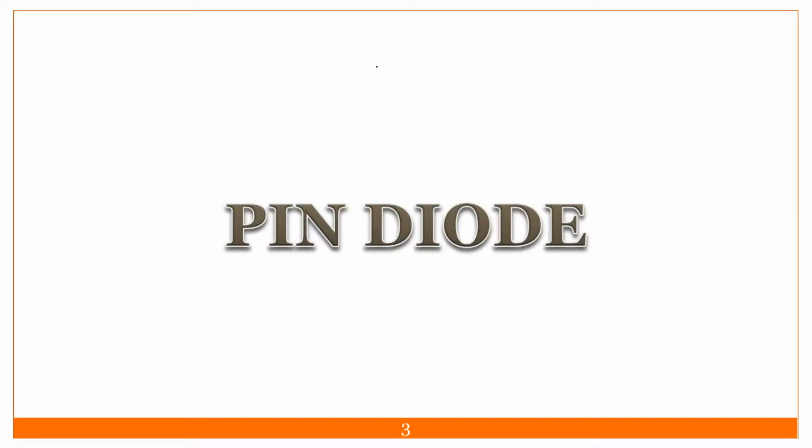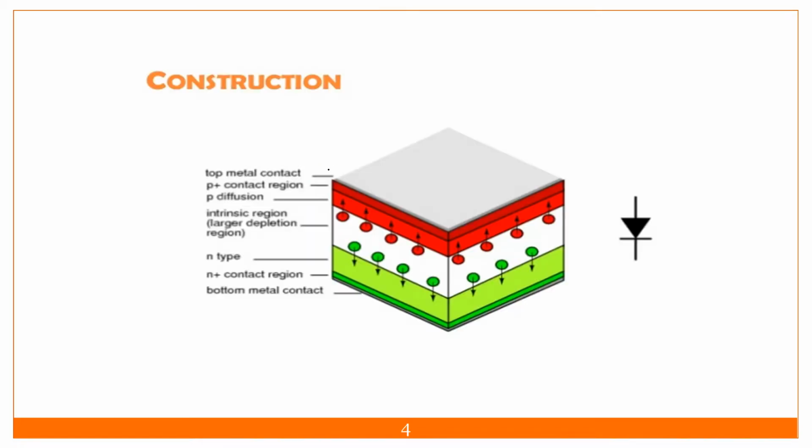In the last lecture we discussed the PIN diode. We covered that the intrinsic layer is sandwiched in between the p-type and n-type layers. This PIN diode is used to select a different frequency by changing the voltage across it.